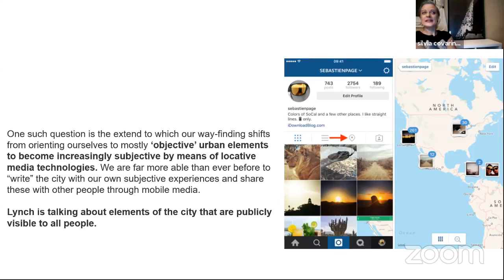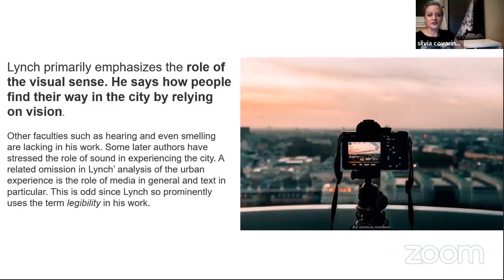Well, it's very contemporary, by the way, the theory of Kevin Lynch, and I'm sure all my students, like you, are using it a lot. Share my location, send my location, and also on Instagram, in your social media, you're sharing a lot the place where you are, and this connection with the GPS through the image of the place really matches with Lynch, who is talking about elements of the city that are publicly visible to all people. And so this has come out of the theory. And we are using it a lot,